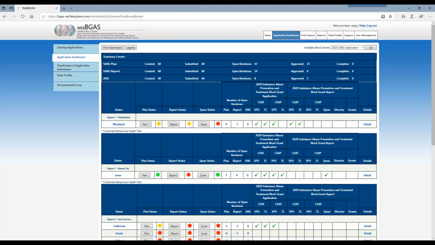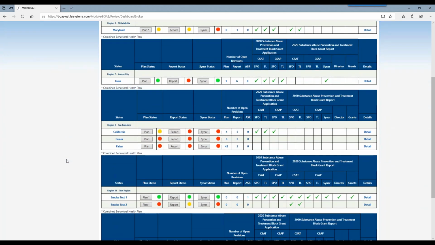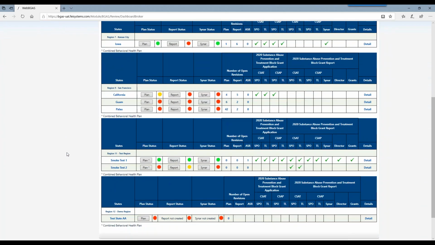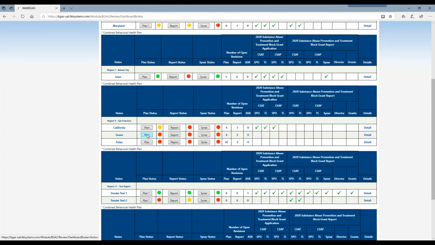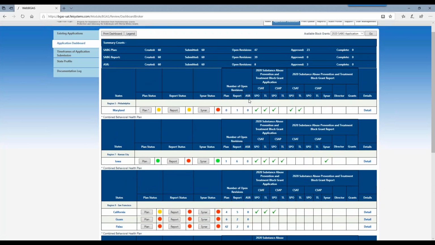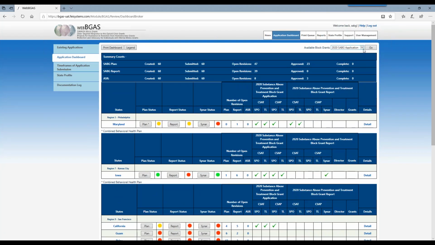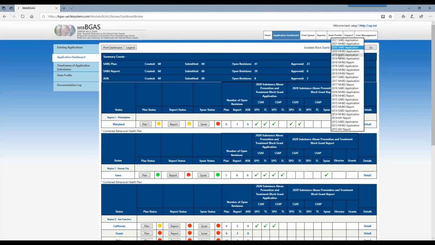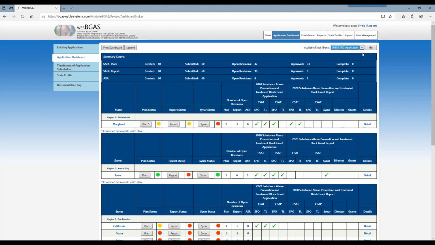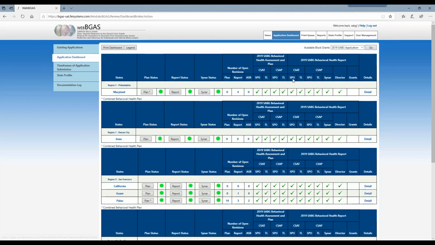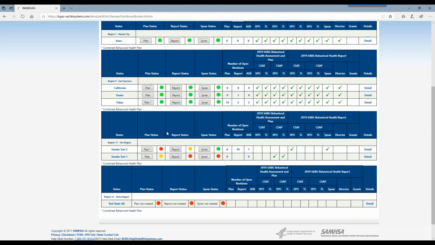Let's start with the review checklist. Let's get into the process of doing the review. So I'm going to be using Guam, and I'll be using their plan. There was one thing that I forgot to point out before I go any further. I'm going to come down here to 2019 SABG just for a second, because there's one thing I did want to show you. Since it's a 2-year process,